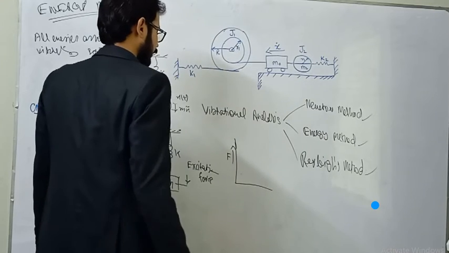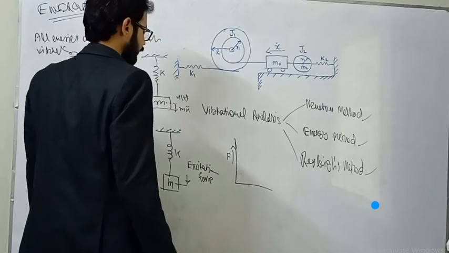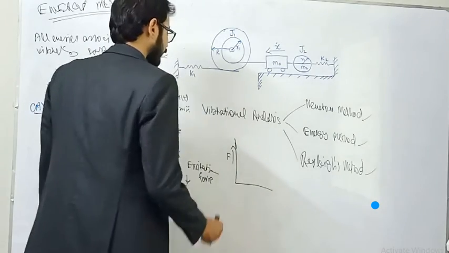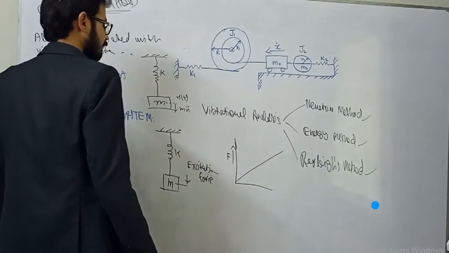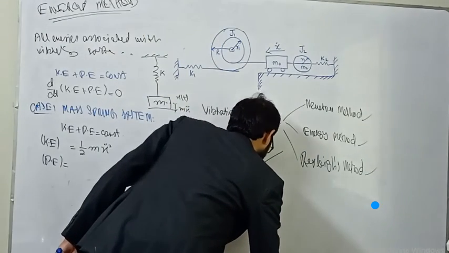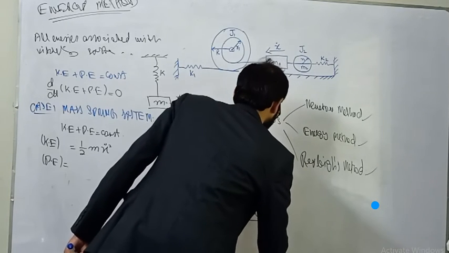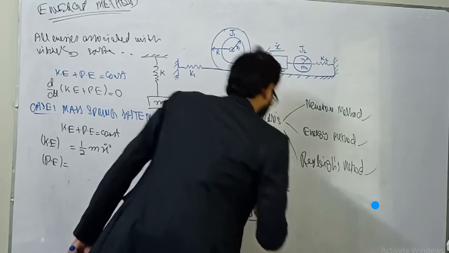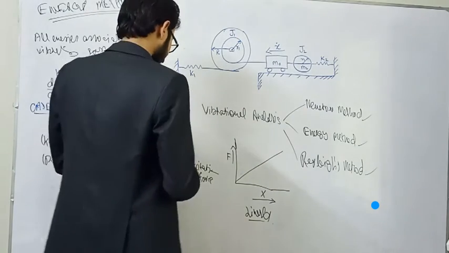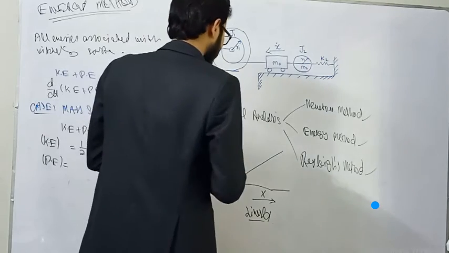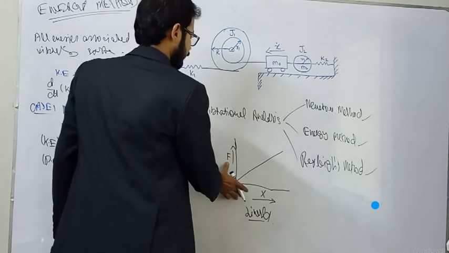Whenever we apply a force on that particular spring system, then what will happen? If it is behaving linearly, this is the very essential condition, it will produce deformation. That will be across the x-axis and the applied force will be across the y-axis. So what will be the possible kind of energy that will be stored within this force displacement graph?